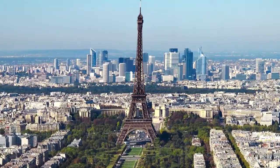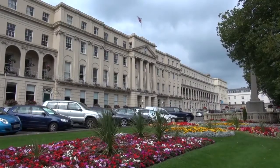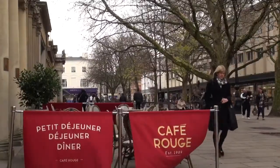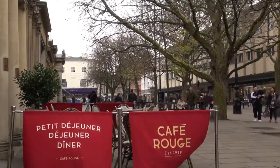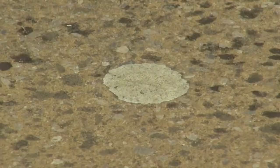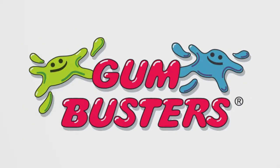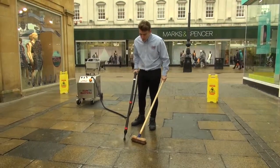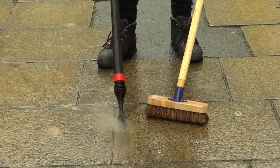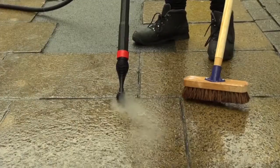Unimaginable quantities of chewing gum are consumed worldwide every day. Part of this mountain of gum is carelessly thrown away on the pavements and streets of cities and towns everywhere. But there is an easy solution to this sticky problem. Who are you going to call? Gum busters! Following the introduction of the original innovative gum-busting system, Gumbusters is back with another world first, a battery-operated